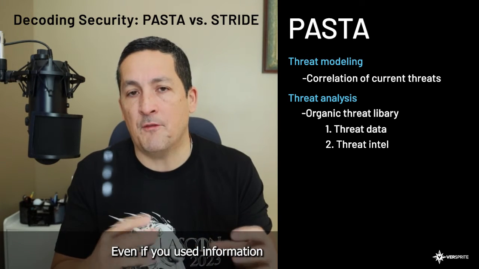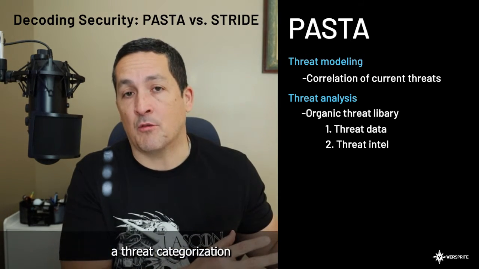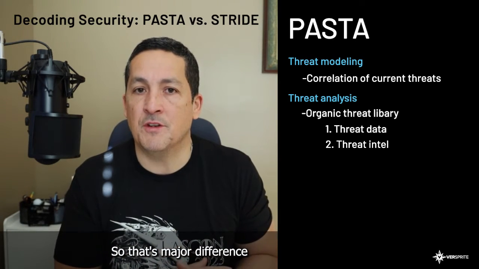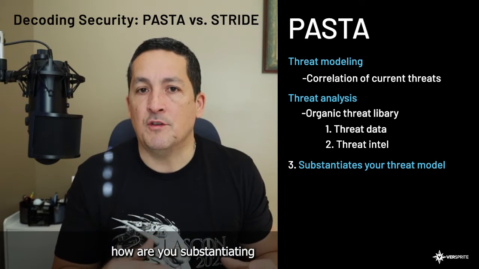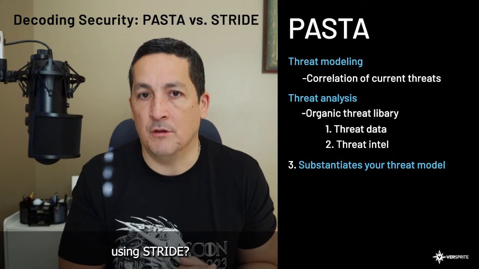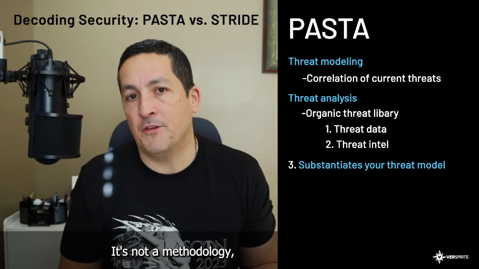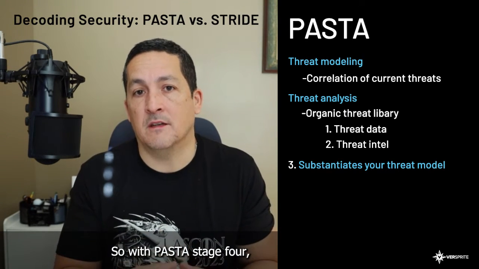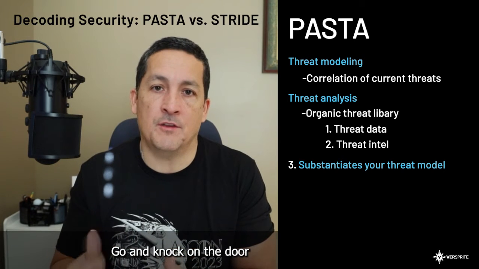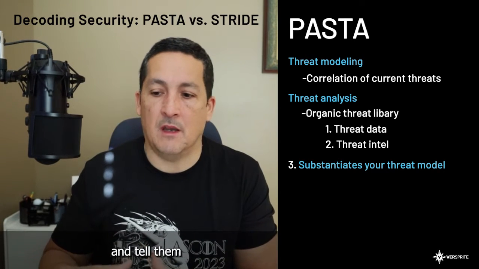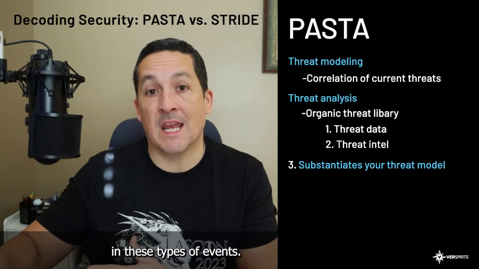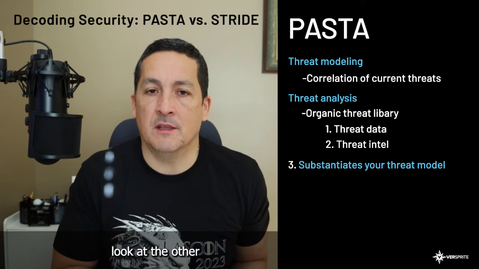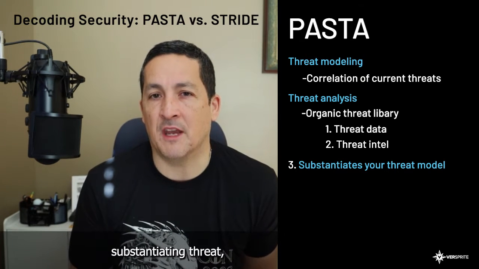Even if you use information disclosure, which is a threat categorization in STRIDE, you're not substantiating it. So that's major difference number 3. How are you substantiating your threat model using STRIDE? It's not a methodology, so it doesn't really tell you how or why. So with PASTA, stage 4, it says, go and knock on the door of your security ops and tell them, I'm interested in these types of events. I'm really summarizing a lot here, but let's look at the other side of the coin for substantiating threat,